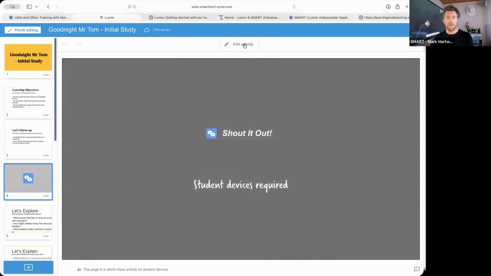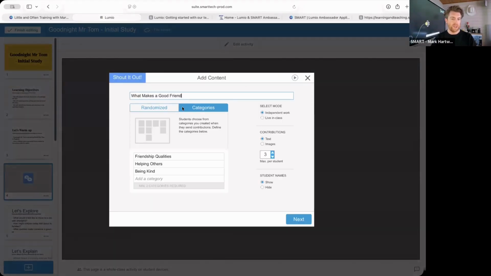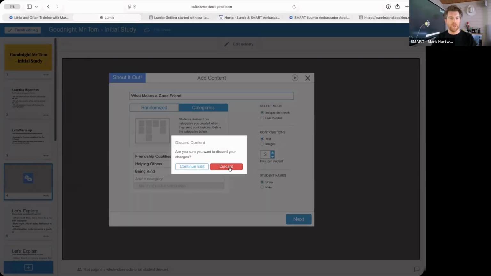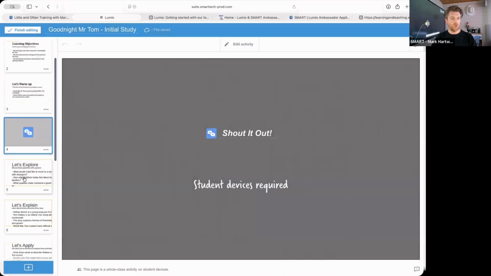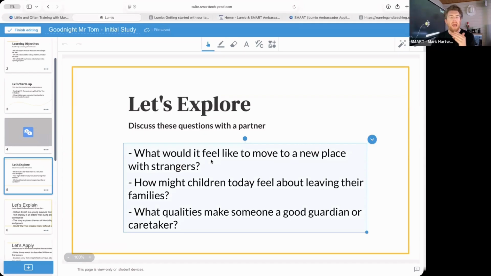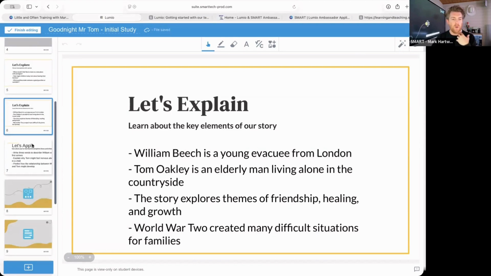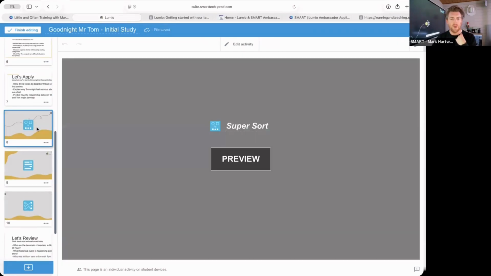This is then just that shout out, to get the students' responses at the beginning. How are they getting on? What makes a good friend? And I can see some answers within there itself. They can categorize those, collecting the student responses. Again, all of this text here is all editable because it's made within Lumio. It will also have an immersive reader to help the students read it. And again, just going through the overview of it all, applying it to some context, and then